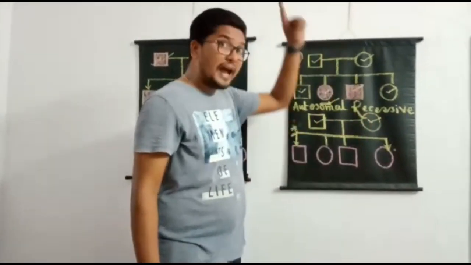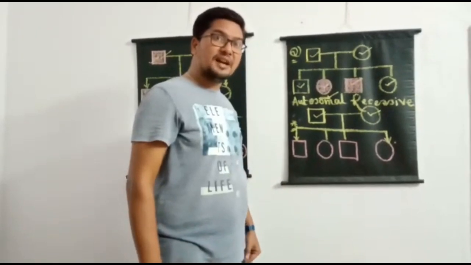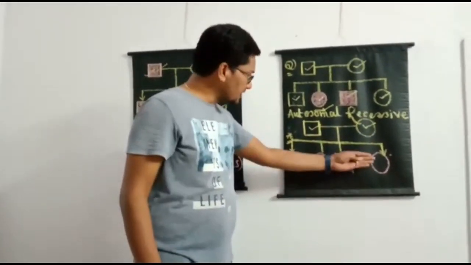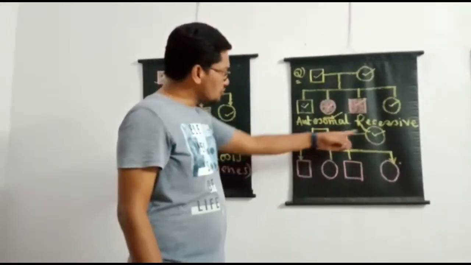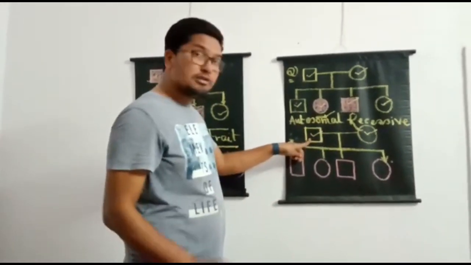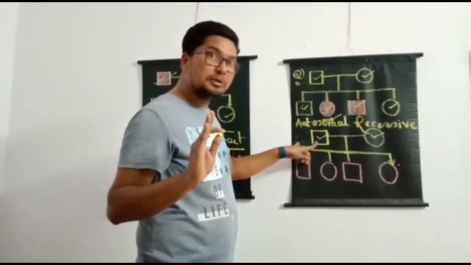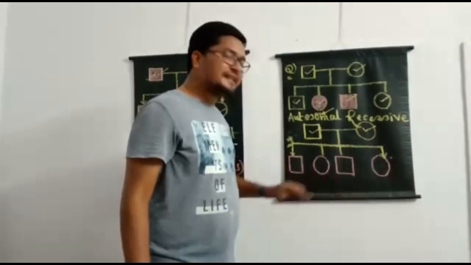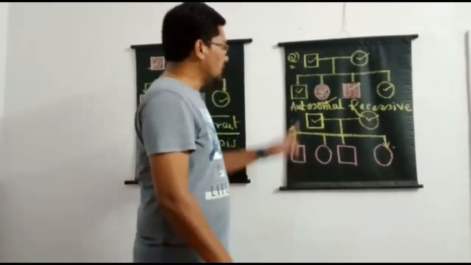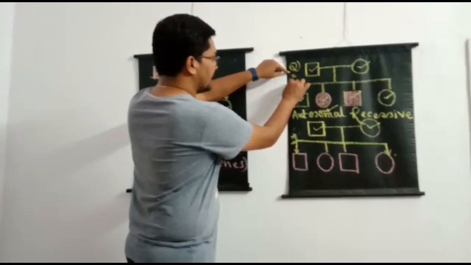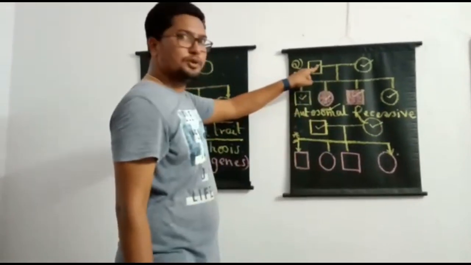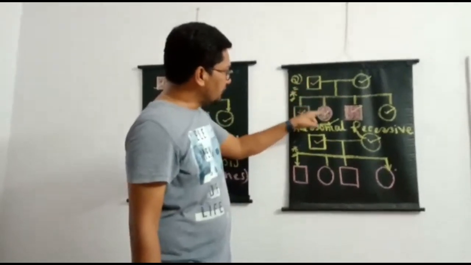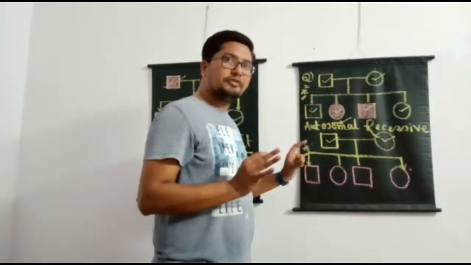still, the female had a history of sickle cell anemia, that's why she might have got the doubt, my children may suffer, but here all the children are shown normal. So we should understand, the male is not carrying any allele for sickle cell anemia, the female may be heterozygous, but still 100% of their children are shown normal. But this is the frequently asked pedigree chart for autosomal recessive trait. When both parents are heterozygous for the trait, 50% of their children may suffer from the disease.